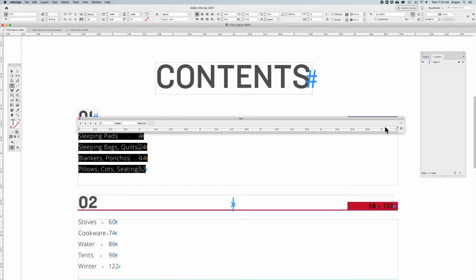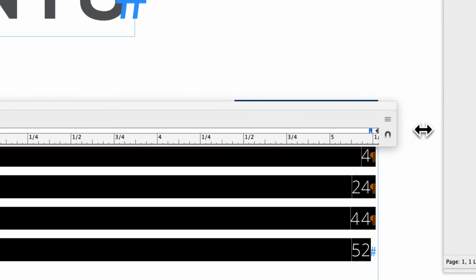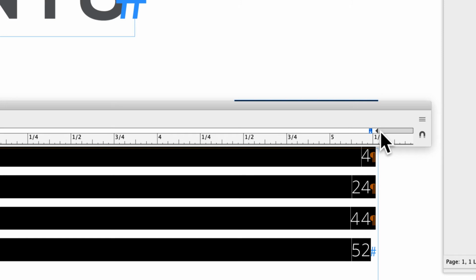So I can then go in and click on this right justified tab and slide this to the end. Now here's the tricky part, because the ruler ends right here and I can pull the ruler longer. But that little triangle is basically the edge of my container, okay? And sometimes it gets hard to take this little tab stop there and slide it to the very end of